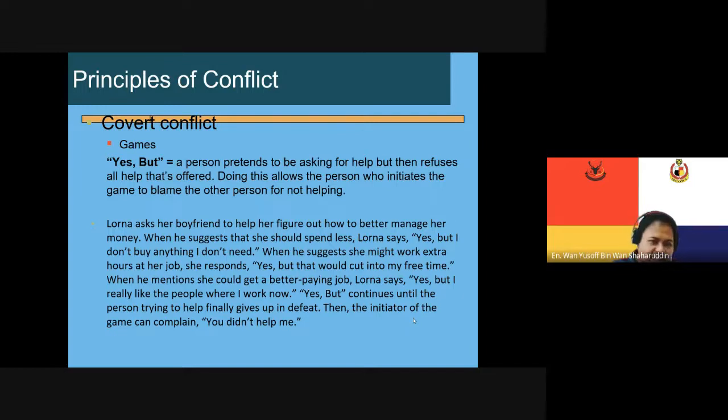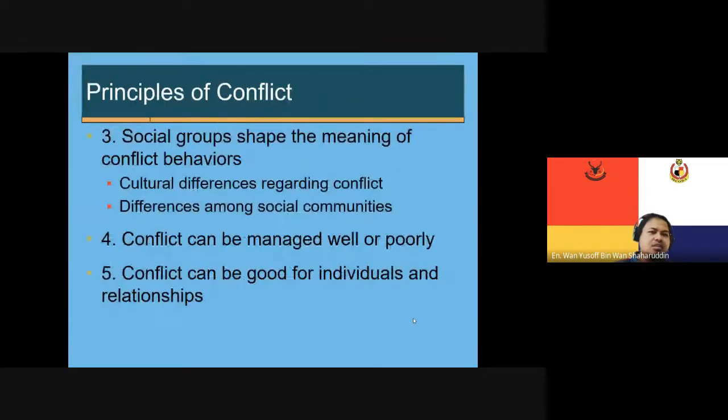Then the initiator, Lorna, the initiator of the game, can complain, "You didn't help me at all. You did nothing. You didn't tell me anything that can help," for example. Okay. All right. Then we're going to go straight into the third principle of conflict, which is